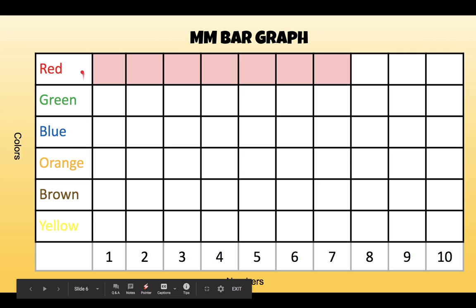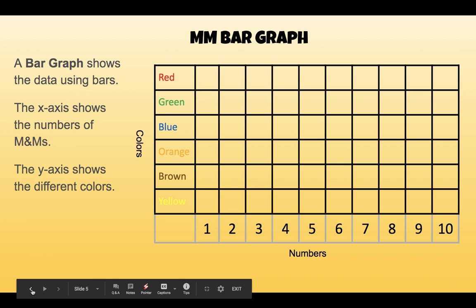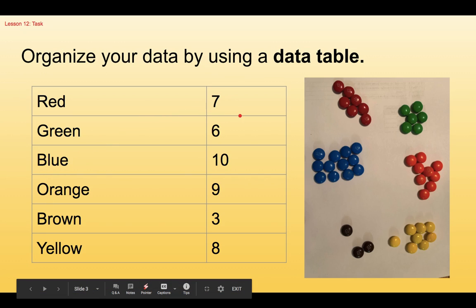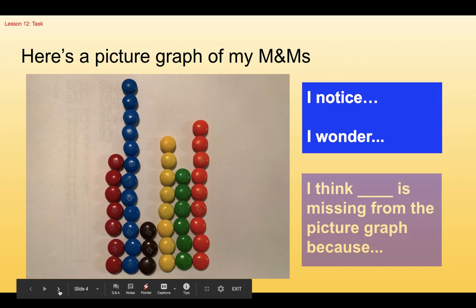Okay, so red. So here's red. And you can see I put 1, 2, 3, 4, 5, 6, 7. I colored in 7 squares. Now let's see if I'm right. So I'm going to go back to my data table and right here, 7. So I see the green 6. That's the next one. So if I go back to my graph